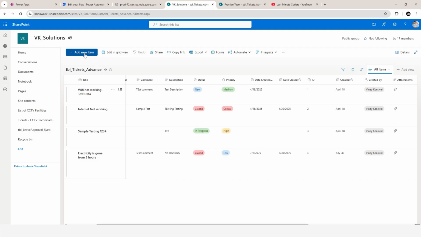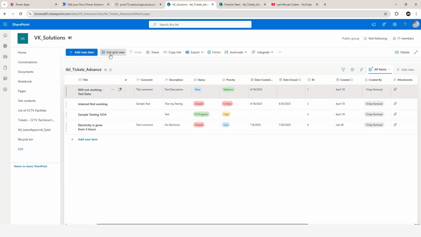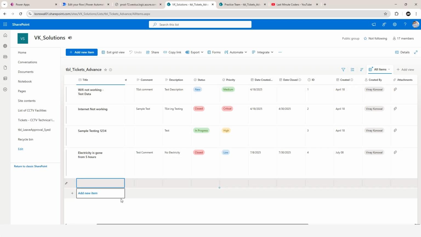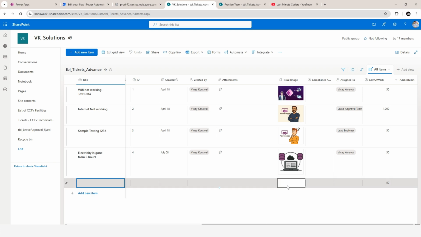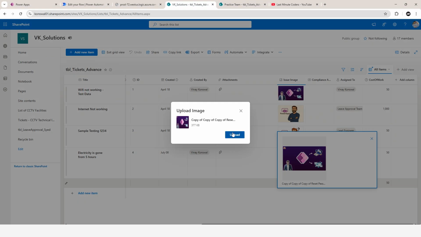Okay, if you create a new item up here, let me add it like this by clicking on this grid view. So here I'm going to create a new item. See, if I add an attachment or an image, for example, I add this image, and click on upload,